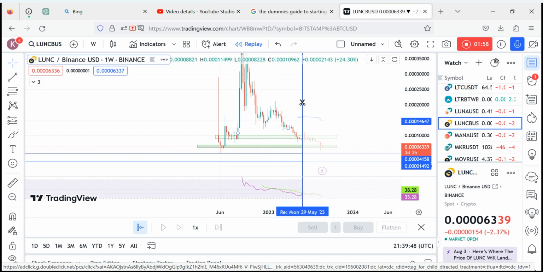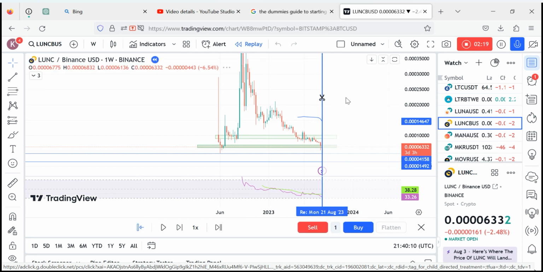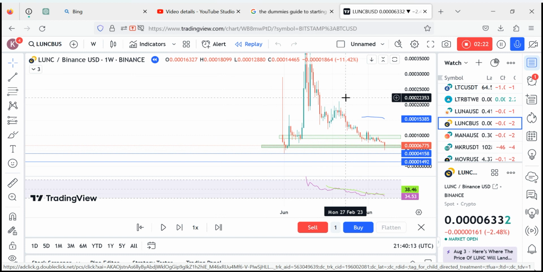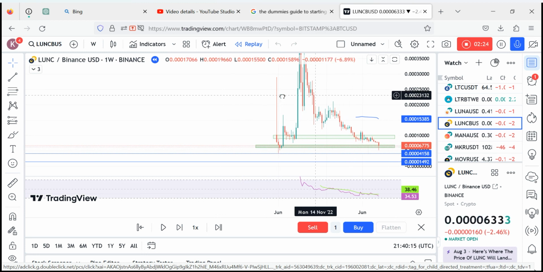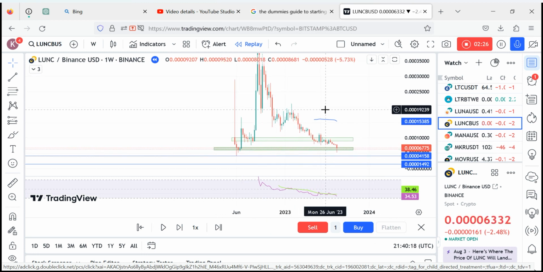We went beyond the green box, which was our order block. The market retraced a little higher and then retested the order block as a breaker. And now we have also violated the second green box, which was also an order block. So violating these two order blocks gives us a clue that the market wants to still go